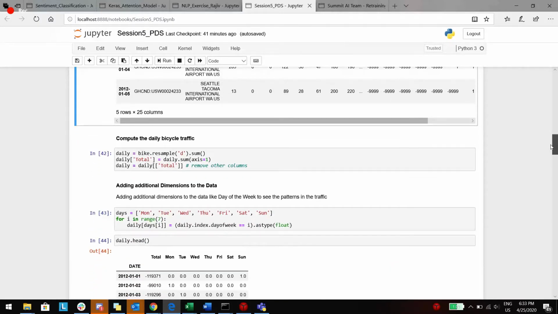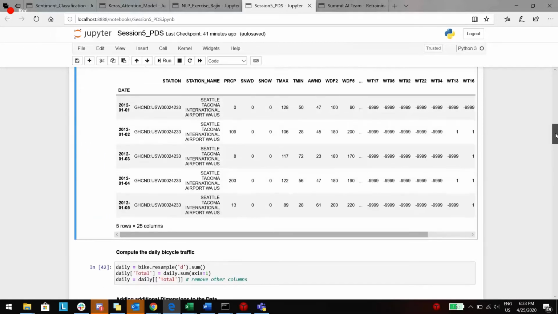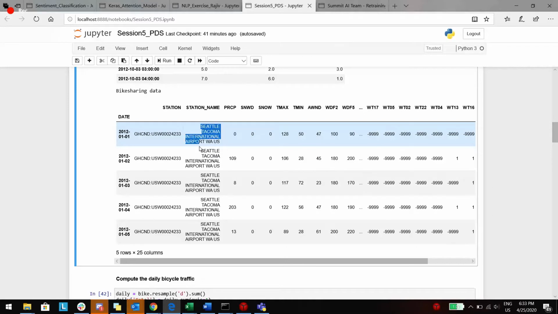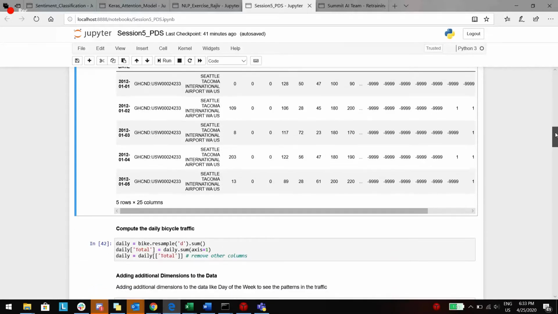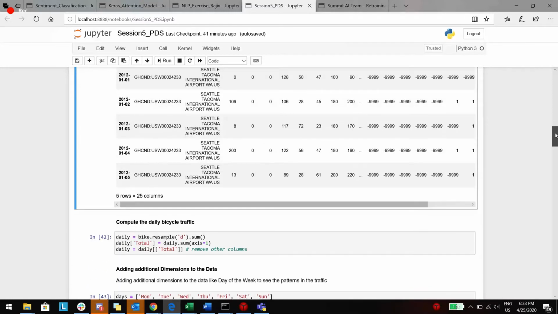Now, one thing to mention here is that when you get the data, you should also ensure whether the data is in aggregated form or not, because there might be multiple days if you are trying to do a daily level forecast, and there are multiple dates where you need to aggregate, or multiple cohorts. For example, if you are looking at the station name, there might be multiple stations across which you need to aggregate. You need to ensure that you have the aggregate levels to build the model.